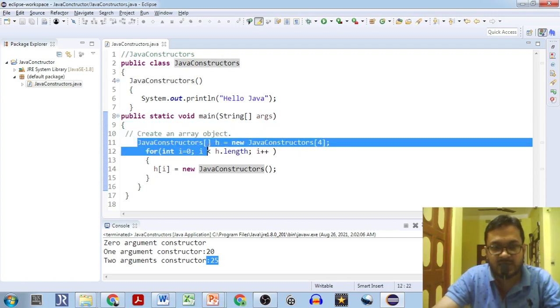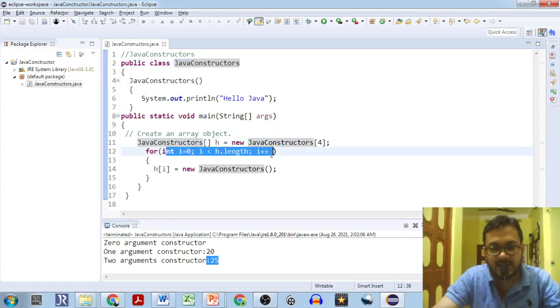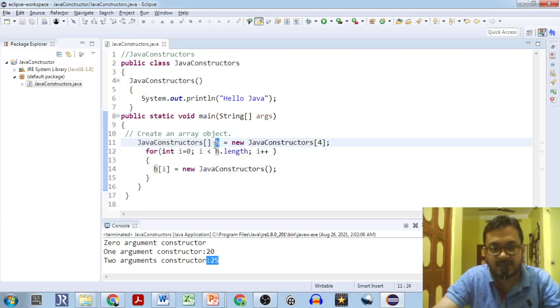Then Java constructor is an array. See this array of objects. The array name is H. It has 4 locations to keep 4 objects of type Java constructor class. Now we are iterating as we are accessing the array H. How? From the location index 0 to the highest of its length, that is 0, 1, 2, 3.